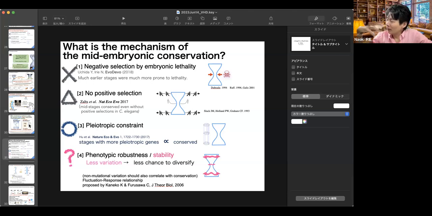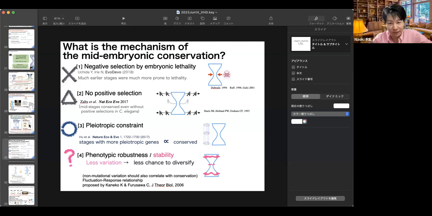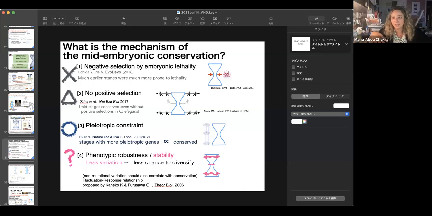So the question will be: the robustness and stability has been made through the selection, or, well, like I just meant, at least from my evolutionary work, you assume that there's a stochastic effect in evolution and natural selection is selecting from the current state, and if you were to rerun this whole system, it's not going to look the same. Even Gould said it: if you were to go back to the Precambrian explosion, we're not necessarily going to have the same body plans that we see right now.